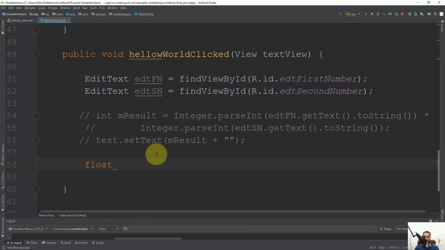So it might be a decimal value. So I'm going to declare a float variable, and the name is going to be the remainder result. So I'm going to type in here R result, assignment operator. So we want to get the input from the edit text and it should be converted to a float variable. So I'm going to type in here float, the class float, dot parse float, and then I'm going to get the edt first number dot get text dot to string,